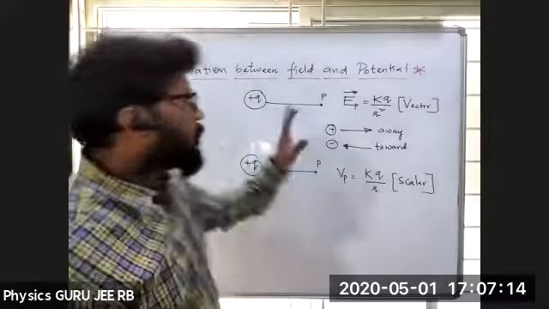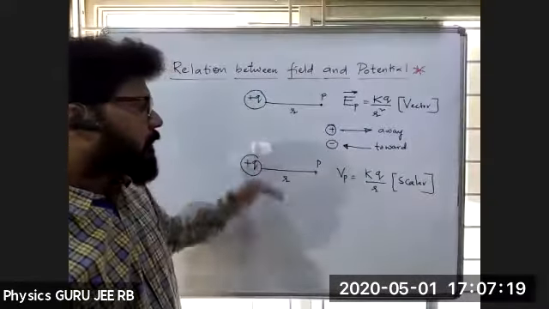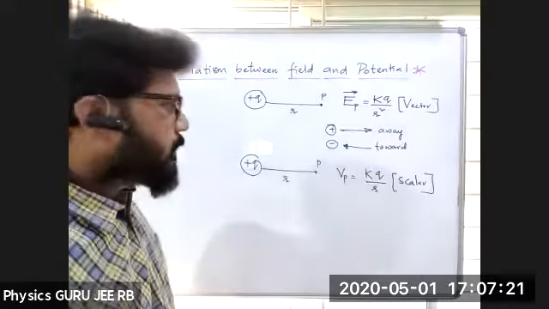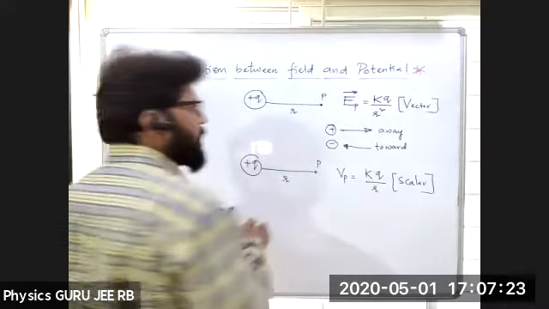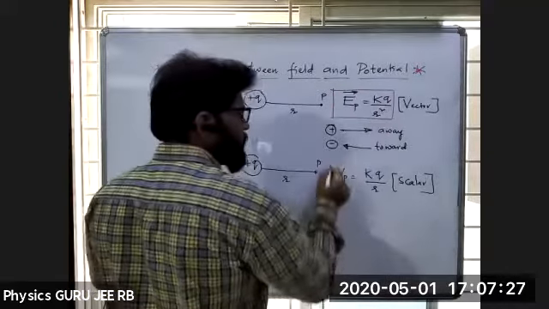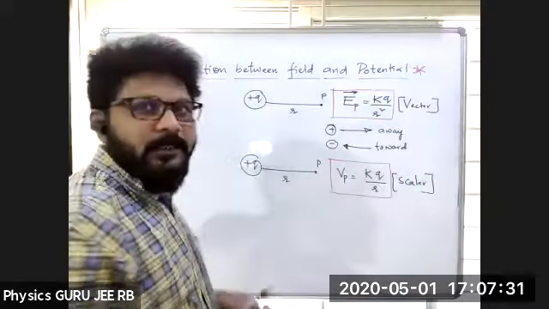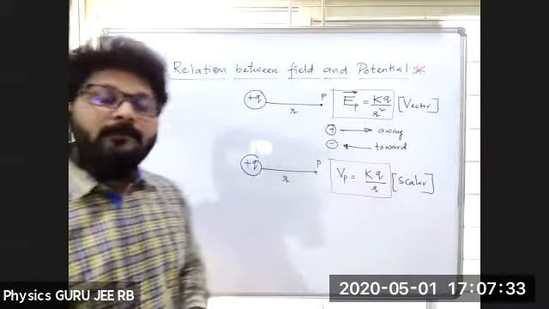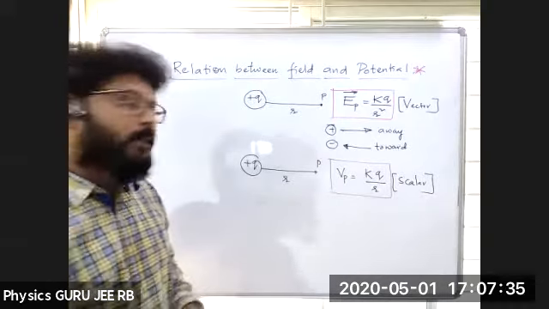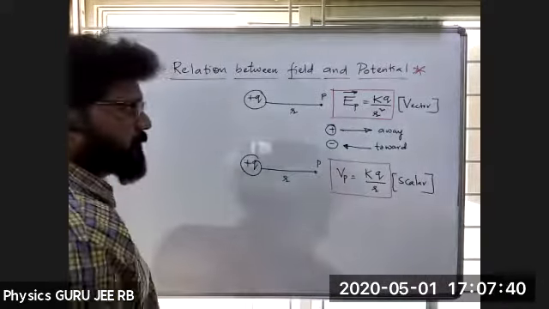So now we are going to derive a relation between E and V. E और V के बीच में relation जो है ना वो derive करने वाला हूँ, right? So between these two, what is the relation? So we have two relations here. Two relations. Case one, if this is uniform, right?